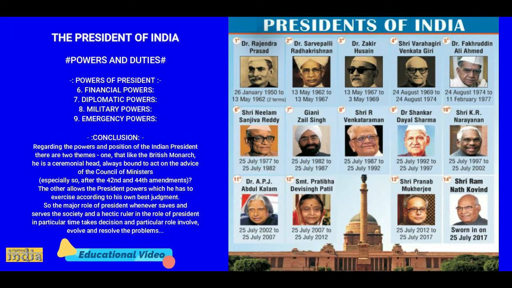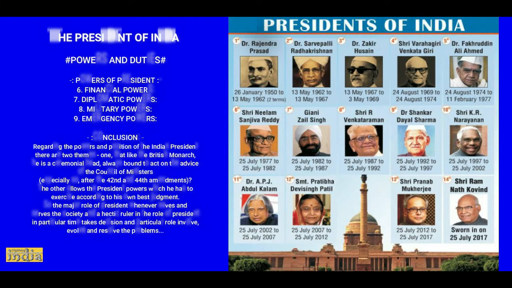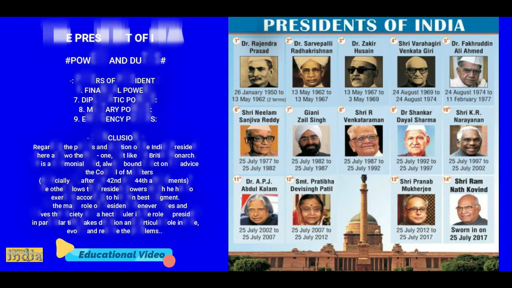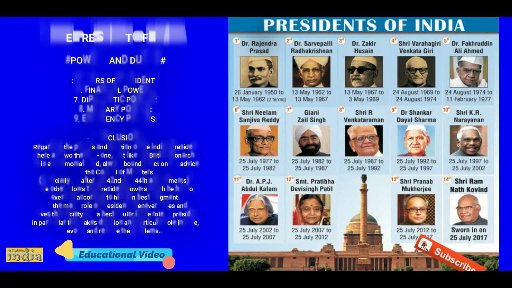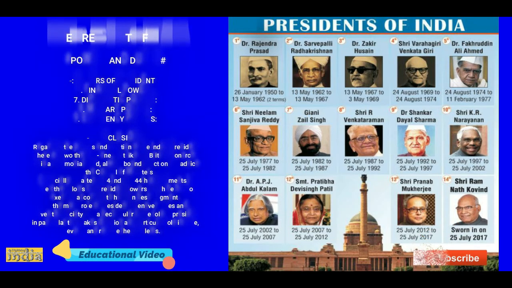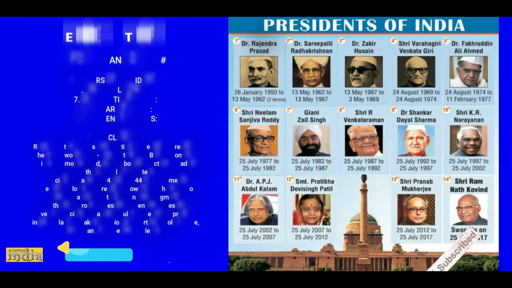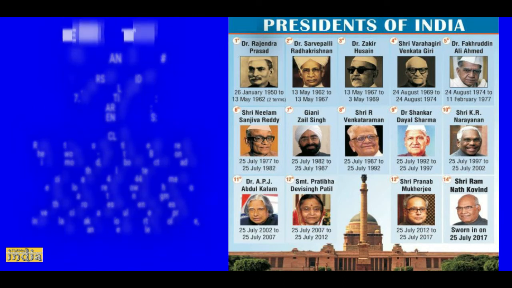The President appoints 12 members of the Rajya Sabha from amongst persons who have special knowledge or practical experience in respect of such matters as literature, science, art, and social service. The President may nominate not more than 2 members of the Anglo-Indian community as Lok Sabha members per Article 331. Governors of states are also appointed by the President, who shall work at the pleasure of the President. Per Article 156, the President is empowered to dismiss a governor who has violated the Constitution in his acts.